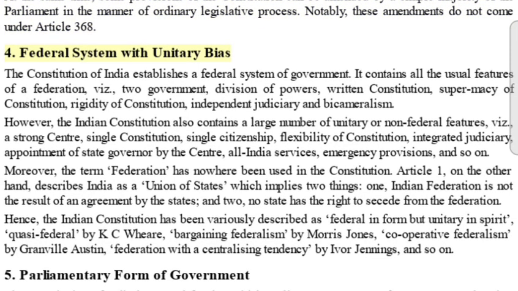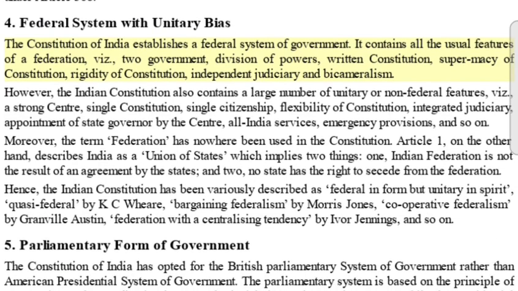4. Federal system with unitary bias. The Constitution of India establishes a federal system of government. It contains all the usual features of a federation, viz.,